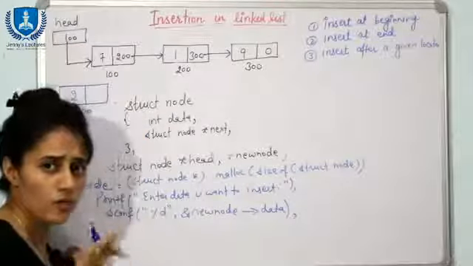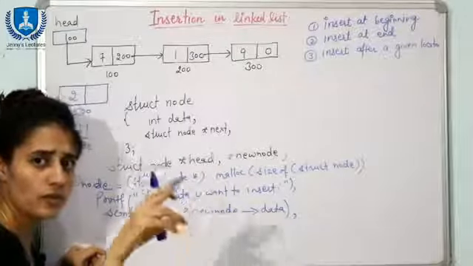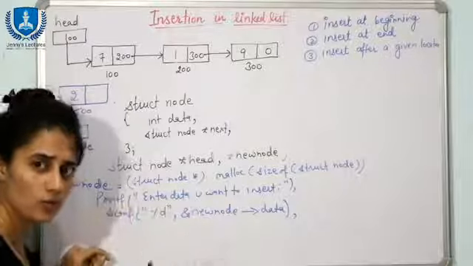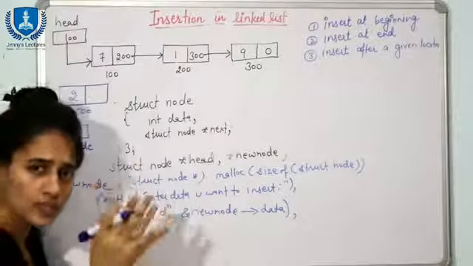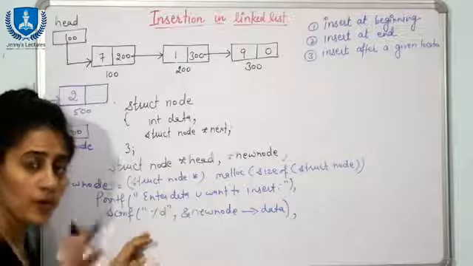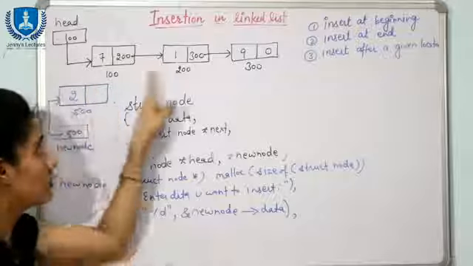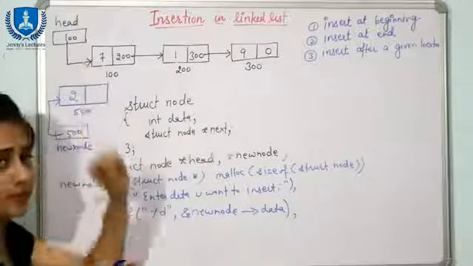See, if you want to write down that condition, if head is equal to null, that we have discussed in the previous video, then in brackets you write head is equal to new node. If this head is null, it means no node is there, the list is empty. So you can directly insert this. You can write head is equal to new node. But here I am considering I have this list. I have created this list. After that I am going to insert at beginning.